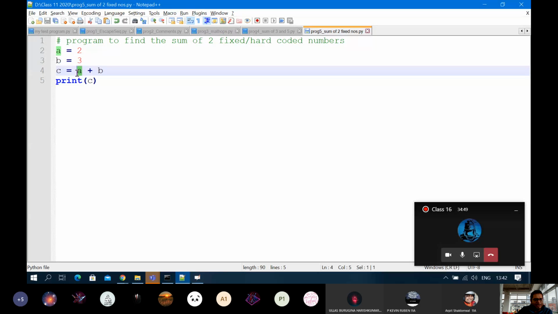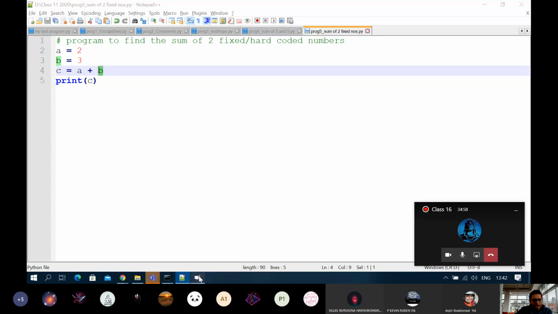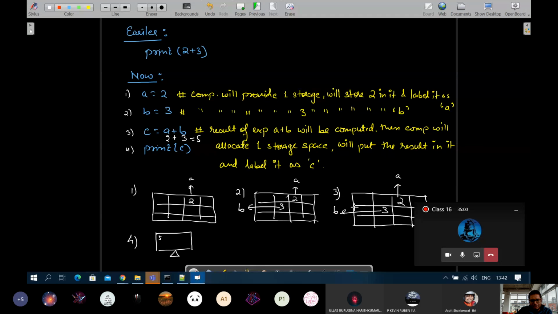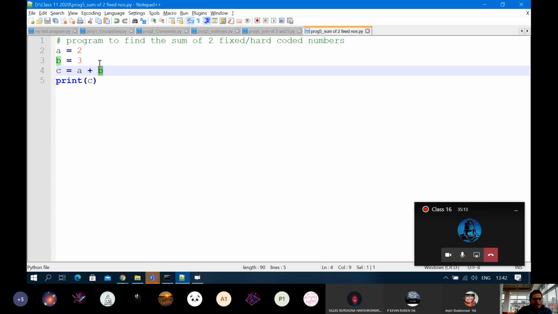So this will internally become 2 plus B. Then it will proceed on to B. Again, it is not enclosed within quotes, so the computer will understand it is a label to a memory location. It will start scanning the RAM again, and find the memory space labeled B, which has the value 3. That 3 will be copied from that location and pasted, or replaced, here in place of B. So internally the expression will become 2 plus 3.